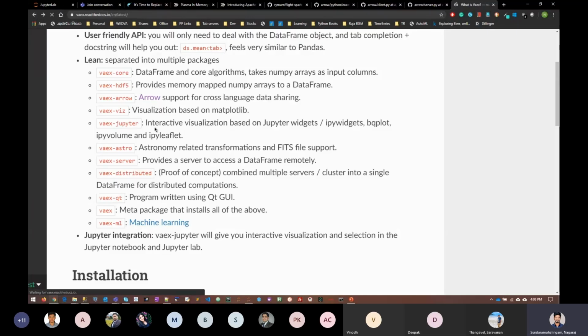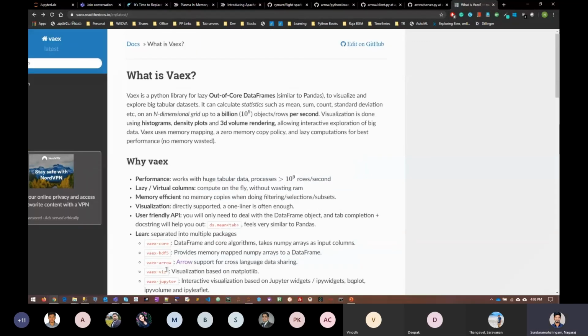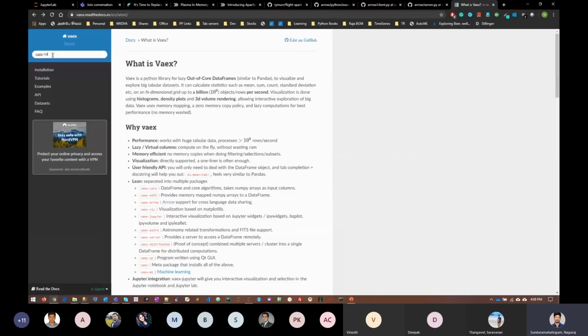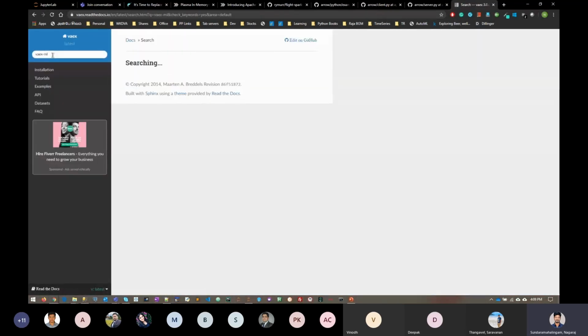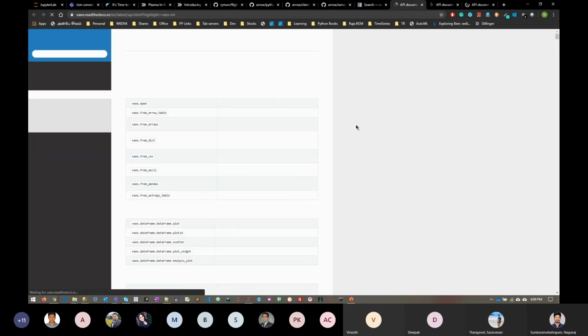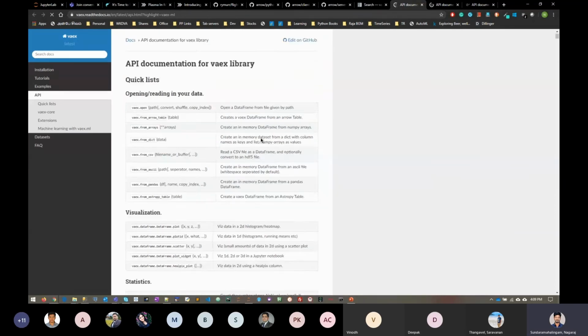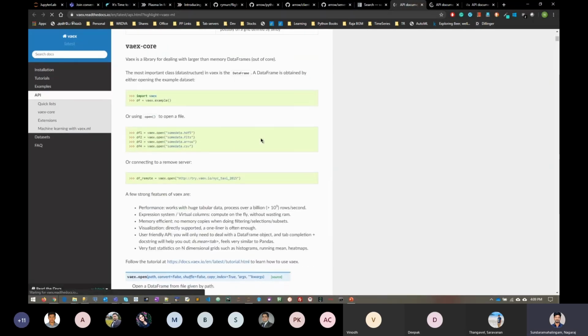Again, it's in the development phase. This library doesn't have inbuilt algorithms. It wraps the famous machine learning library scikit-learn. So you can do all the statistics and machine learning stuff in this library.